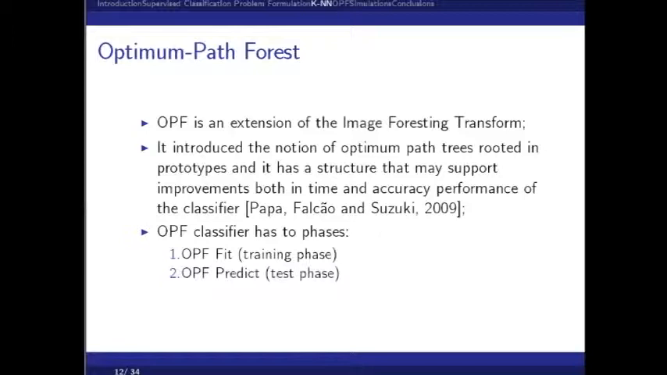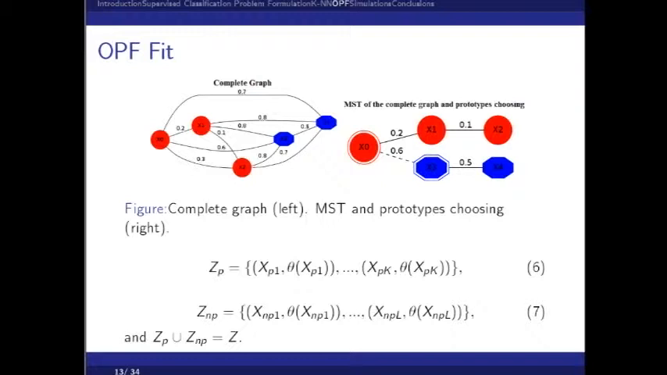Okay, the optimum path forest. I don't know if it's a very well-known classifier, but as I said before, it's an extension of the image foresting transform. It introduces the notion of optimum path trees rooted in prototypes, and it has a structure that may support improvements both in time and accuracy performance of the classifier. Unlike KNN classifiers, we have a training phase, which we usually call OPF fit,